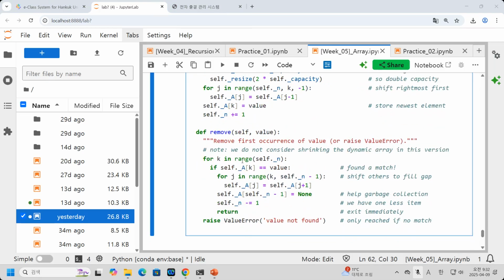And then we add 1 to n. If we remove a particular value, what we need to do is loop from index 1 until index n, and check whether the element at index k equals the value. So if index k equals this value or not. If it equals, then